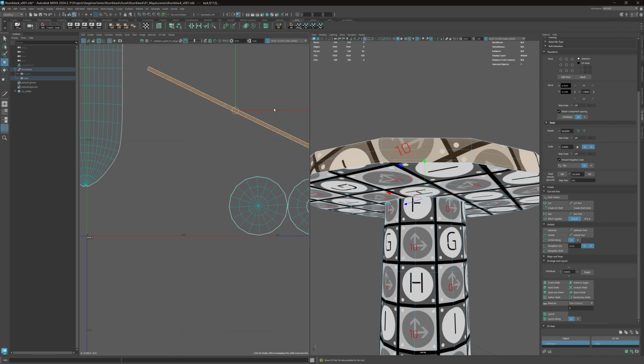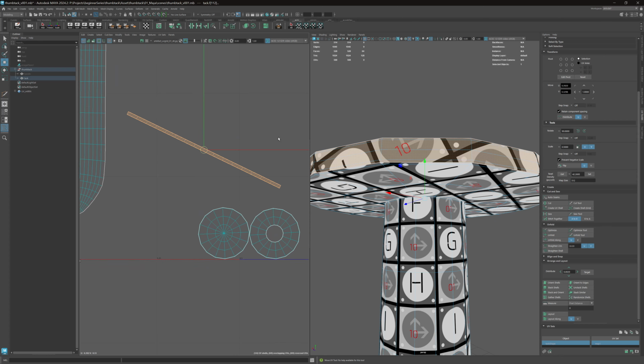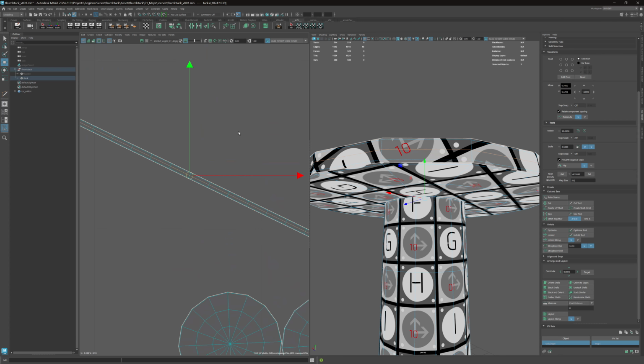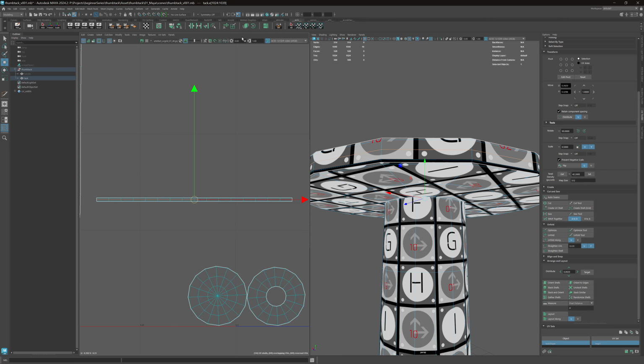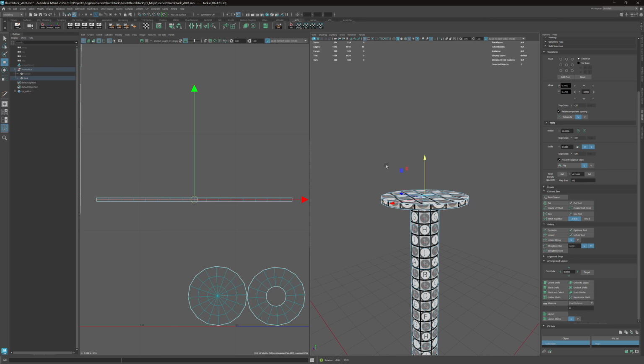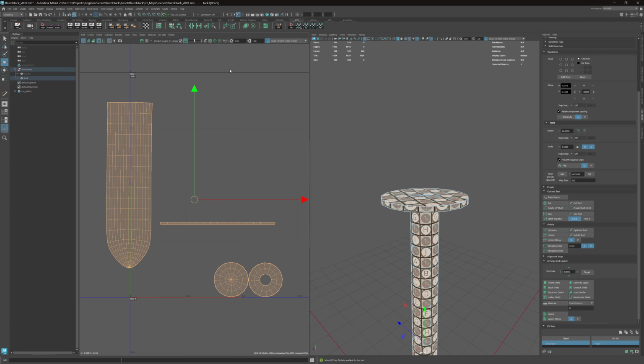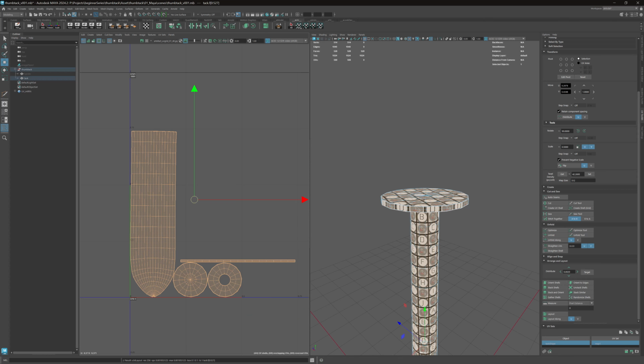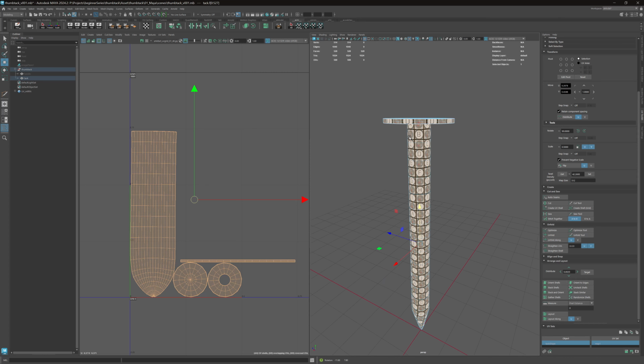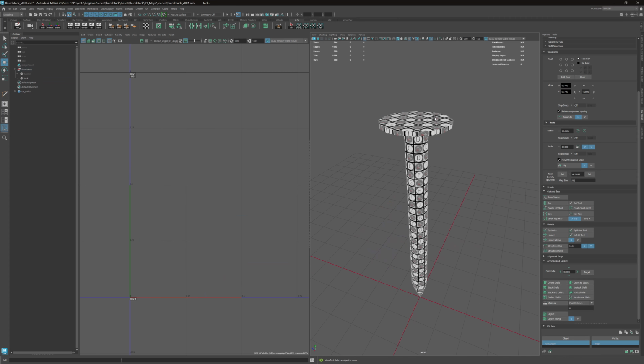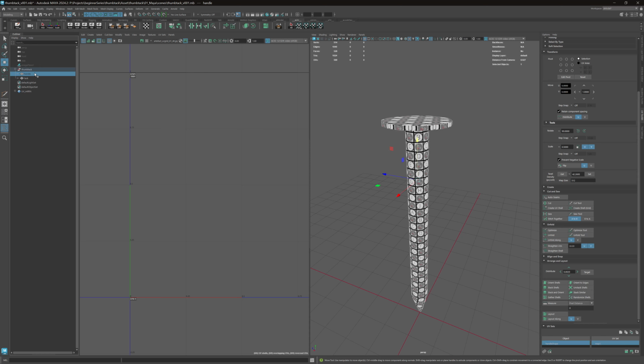straightening UVs. But we can align this to edges, right? So if I select all these and align, there we go. And then we can select all these, frame them up, and do a layout. So there we go. And if we unhide our handle,